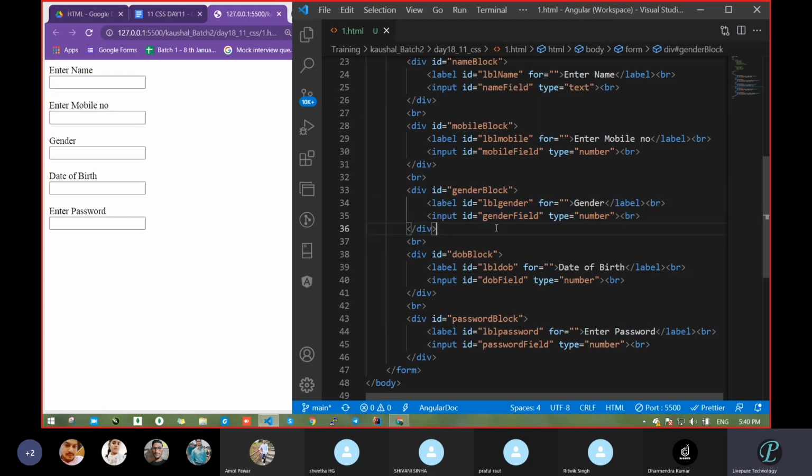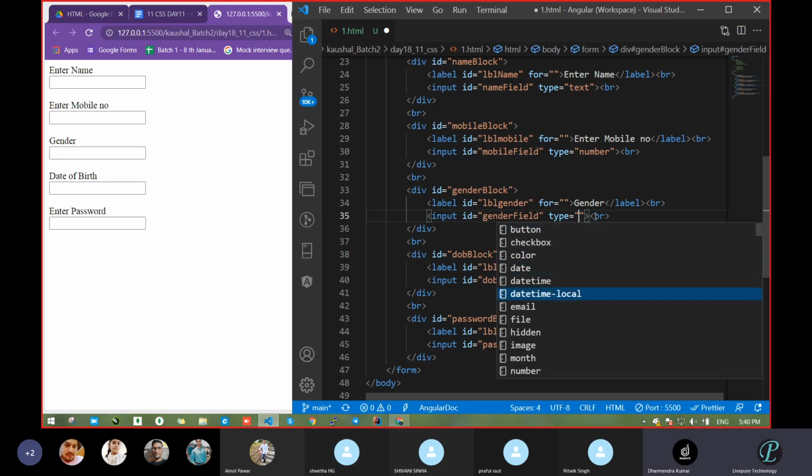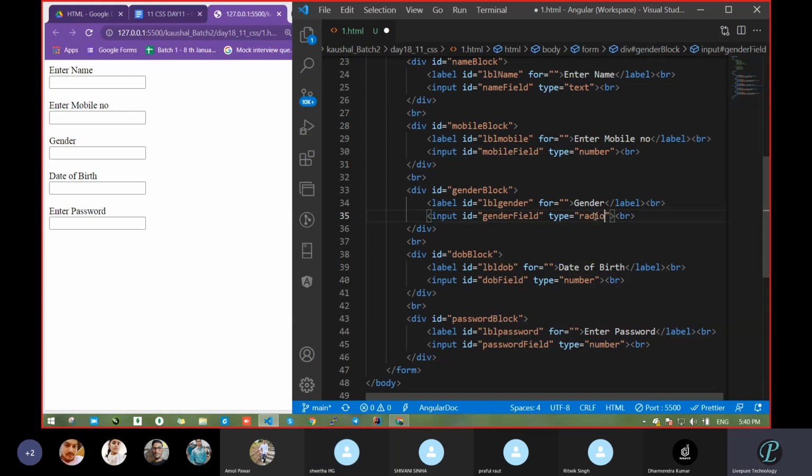Okay. Next is the gender block. In gender, what are you getting? Only 2 things: either male, female like that, a drop down or radio button. There will not be an input field like this. So what should type equal to be? What are you thinking? Radio. Type equal to radio, sir. So take type equal to radio.